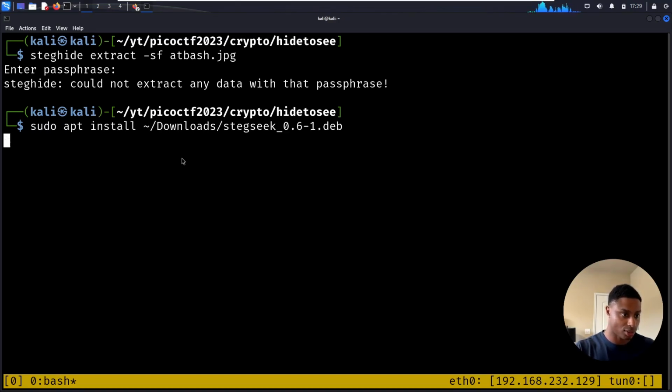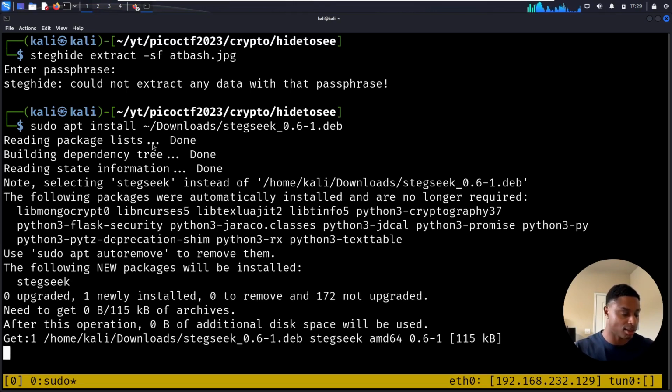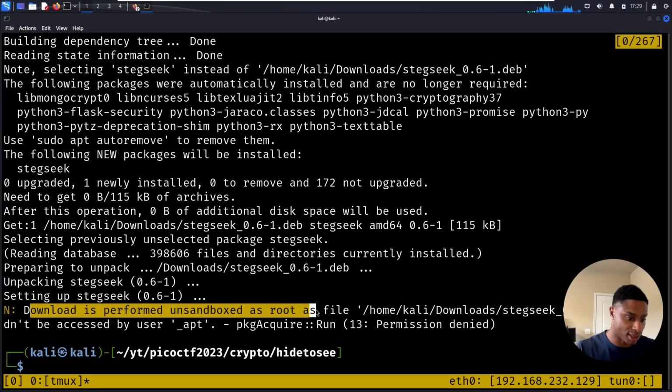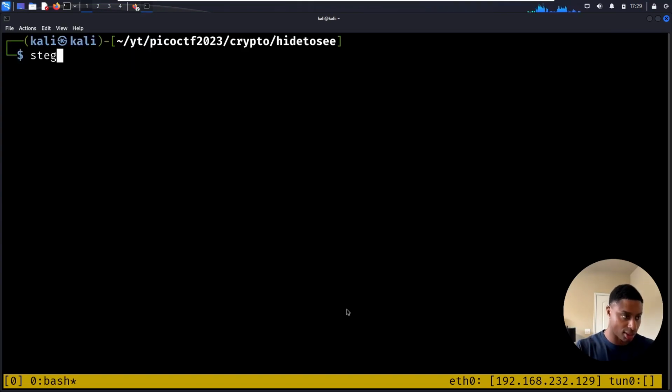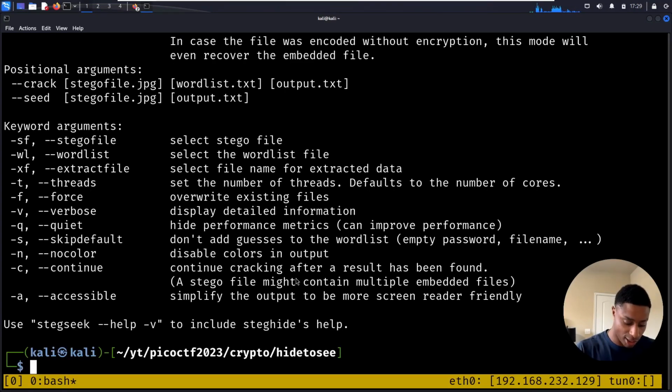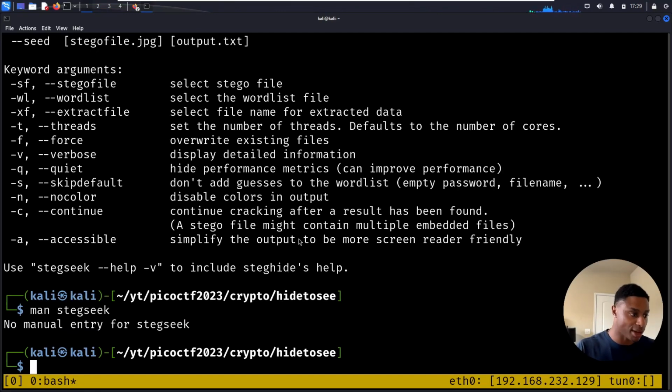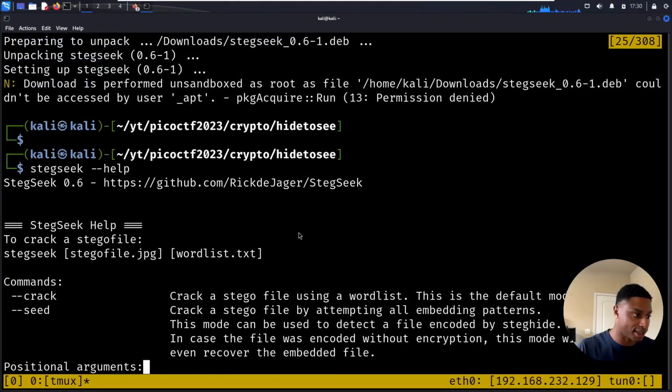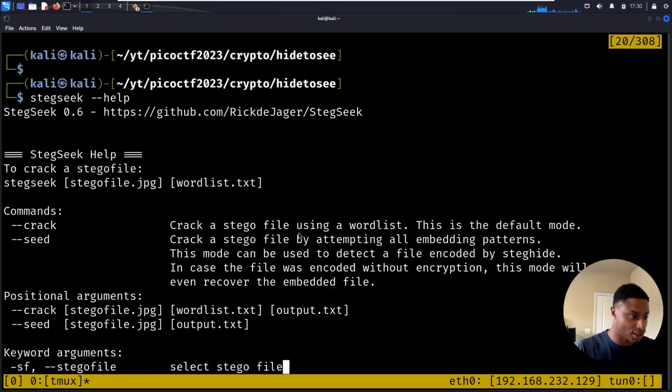Sudo apt install the downloaded steg-seek package. Did that work? Steg-seek. Oh, okay, so cool. It's installed. We can do help. Let's see if we can read the man page. Okay, there's no man page, but we saw from that provided GitHub link, this seems pretty simple to use,